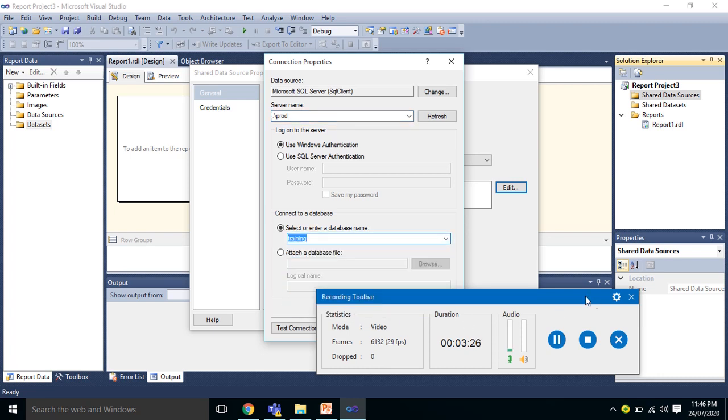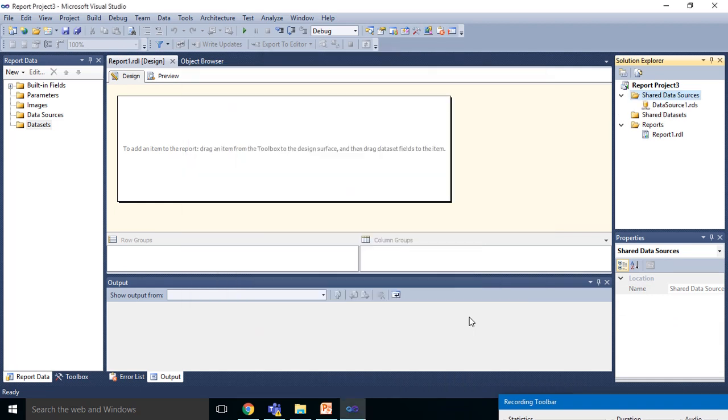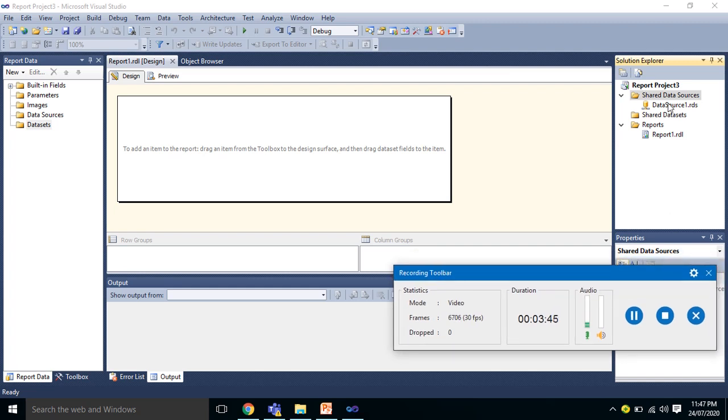Let's test the connection. Click OK. Now we are done with setting the database connection here. Now our data source has been created. Data source is nothing but we are defining the database from which we are going to bring our fields.